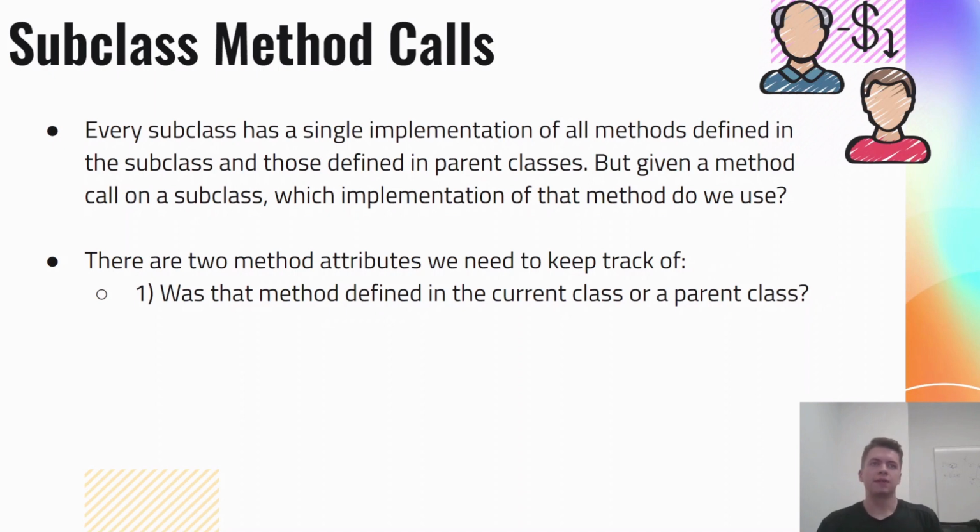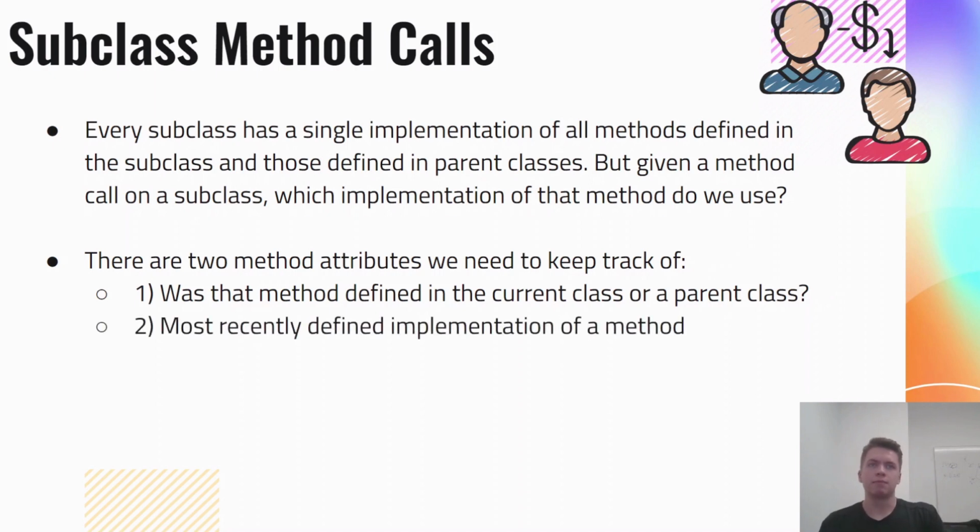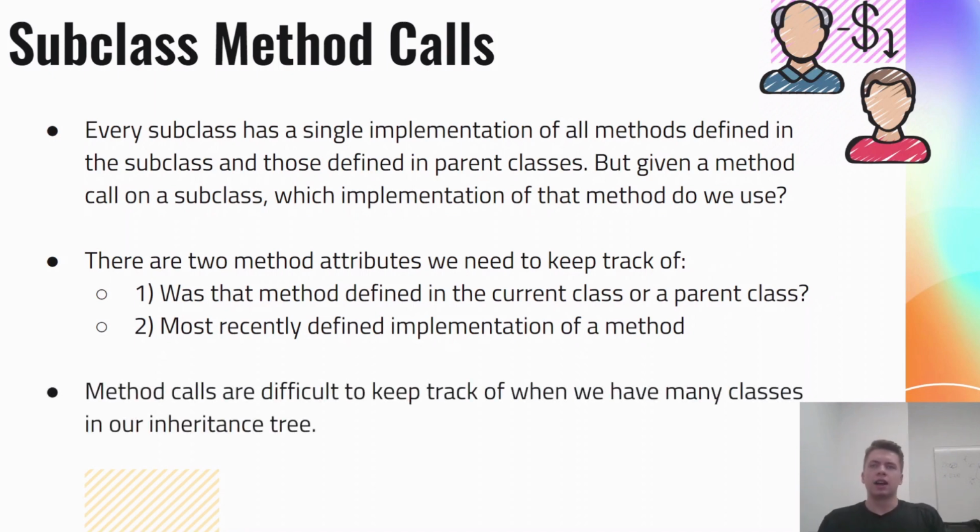And two, if it does exist, we should use the most recently defined implementation of a method. If a method's defined in a subclass or current class, we should use that. Else, we look into its parent class for that method implementation, and we keep going up the inheritance tree. When we have many subclasses and their inheritance diagrams are very, very full, method calls are difficult to keep track